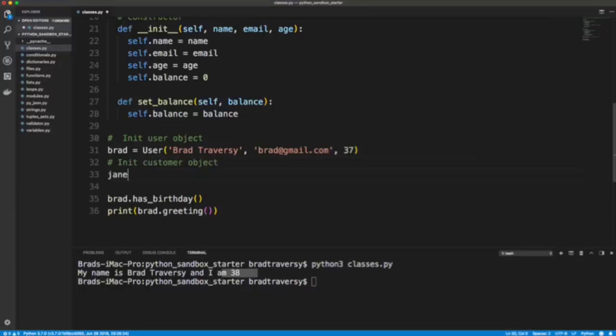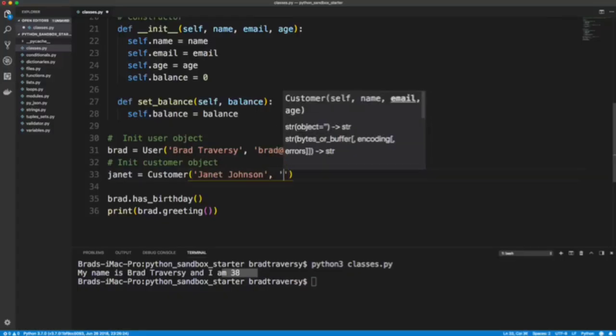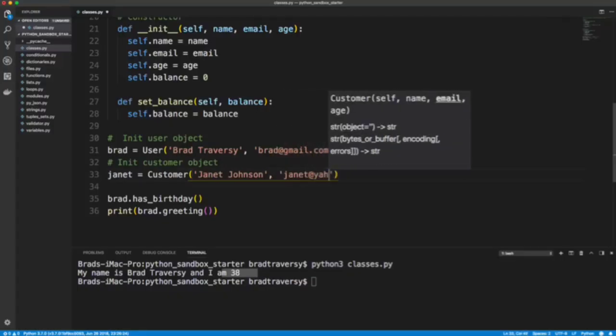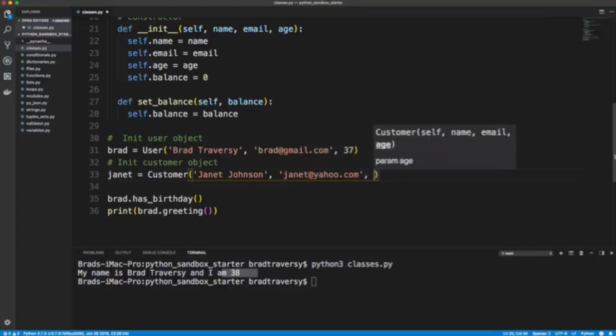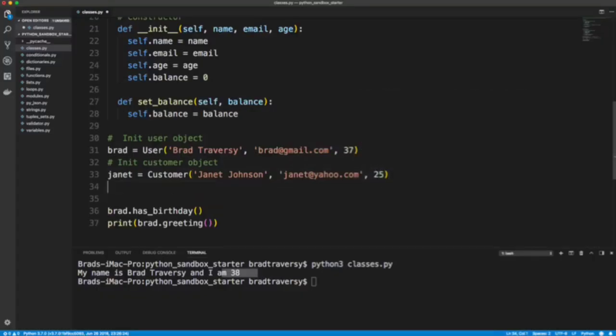So let's say Janet, and we'll set Janet to customer. And customer takes in the same things as a user because it extended it. So we'll say Janet Johnson, janet@yahoo.com. We'll say 25. All right, so we have Janet who is a customer, so we should be able to